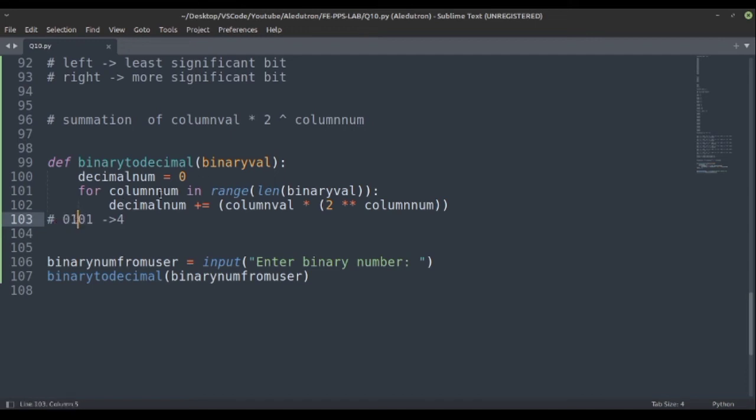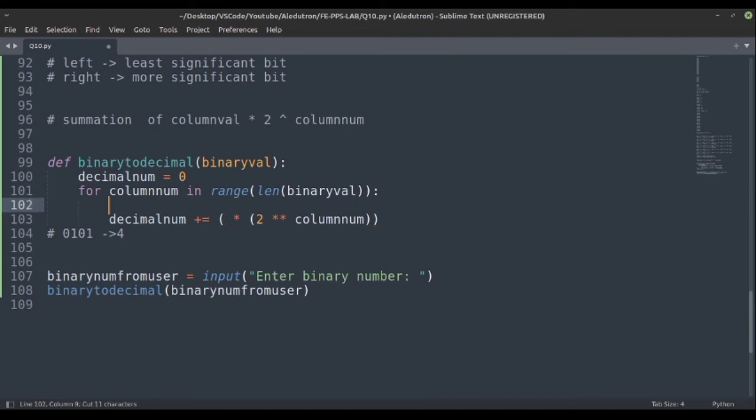So basically column number is giving 0 1 2 3. So what we can do, we can increment the column number. So we can take column number plus 1 and then negate it, means basically take the minus of this and use it in the binary string value.